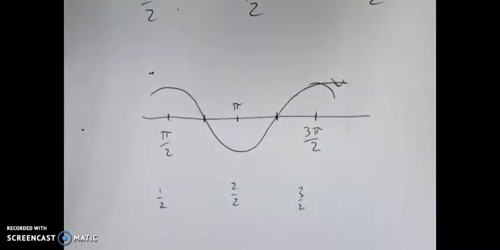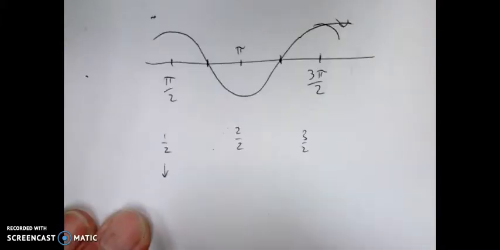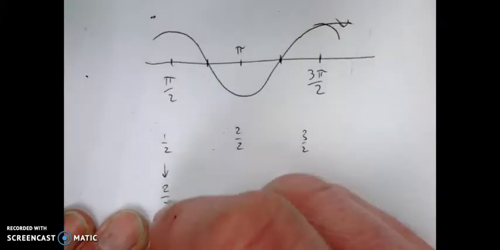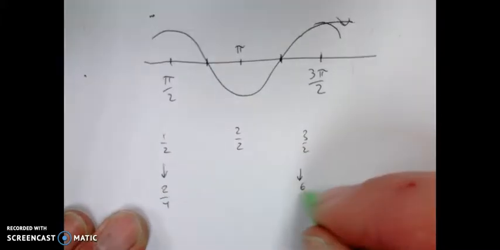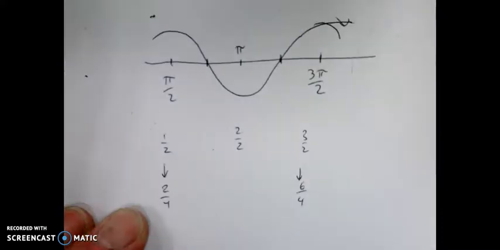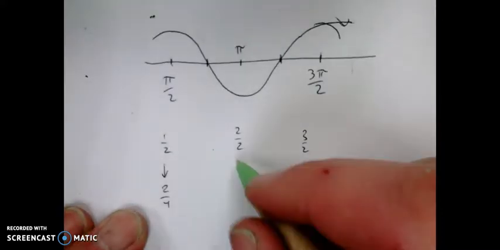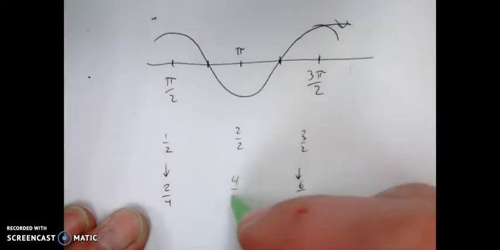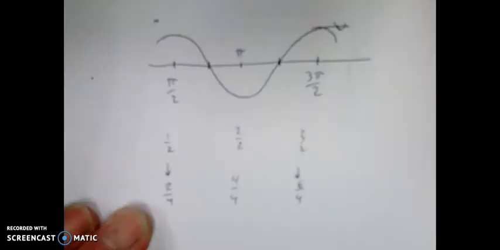We're just stripping out the pi's. So what we got here, let's break this down into fourths. This is the same as 2/4. This is the same as 6/4. And this was the same as 4/4. And if you think about that, this should make sense. You got 2/4, 4/4,